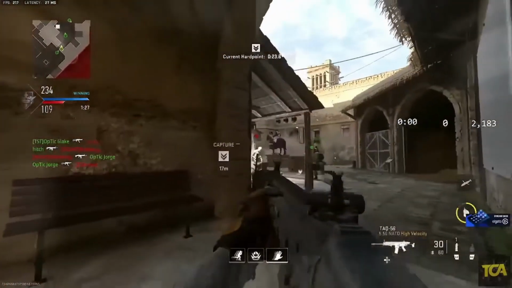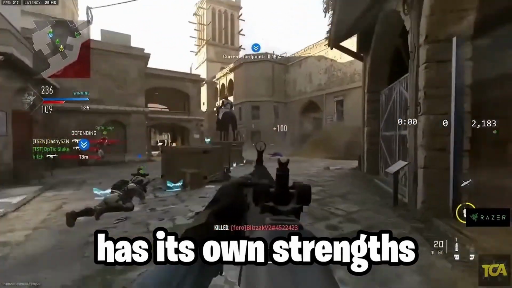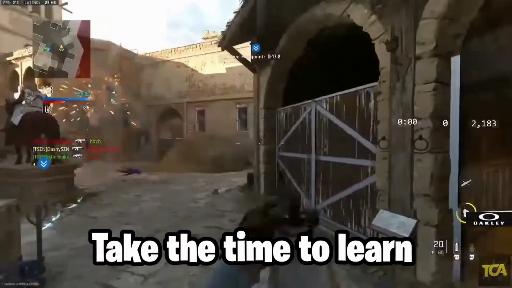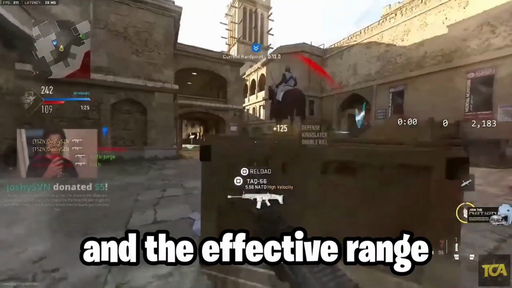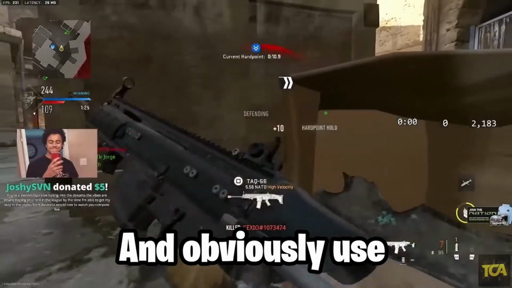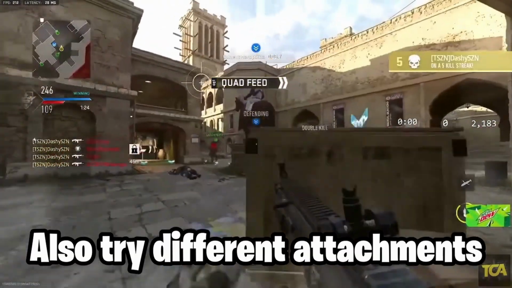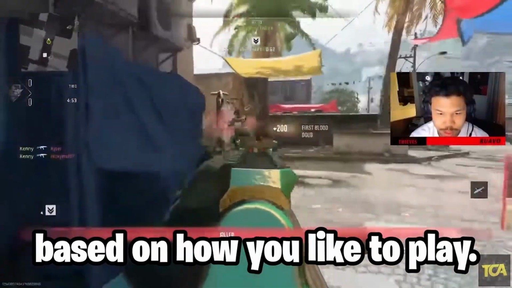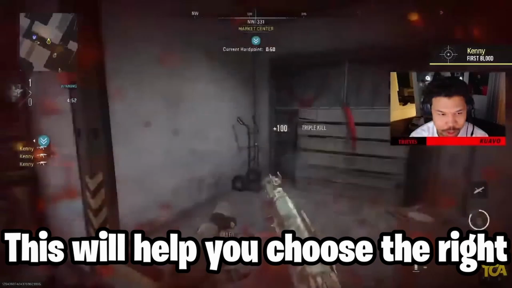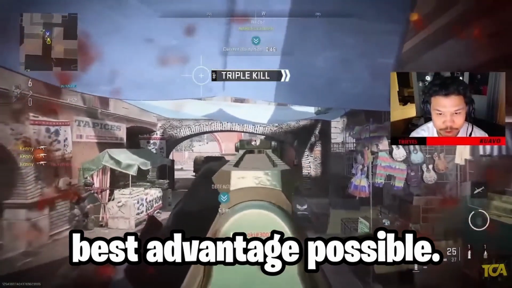Number 2. Know your weapons. Each weapon in Call of Duty has its own strengths and weaknesses. Take the time to learn the recoil patterns, the damage output, and the effective range of each weapon. And obviously use a specific type of weapon based on how you play. Also try different attachments out to see what gives your gun the best advantage based on how you like to play. This will help you choose the right weapon for each situation and ensure that you have the best advantage